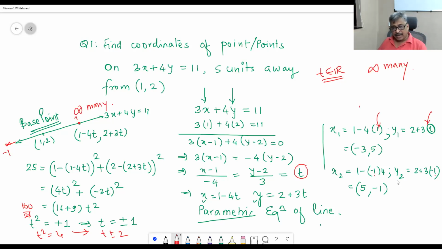And that distance, what is the game? The game is to find out the value of parameter t. That is the parameter. Now, why is it called a parameter? Because it is not a variable like x and y, but it is also not a real number like 11, 3, 4, 2. So it is in between. t is representing a real number, but t does not have any value as such. So it is a parameter. That is what a parameter is. And therefore, this is the parametric equation of the line.